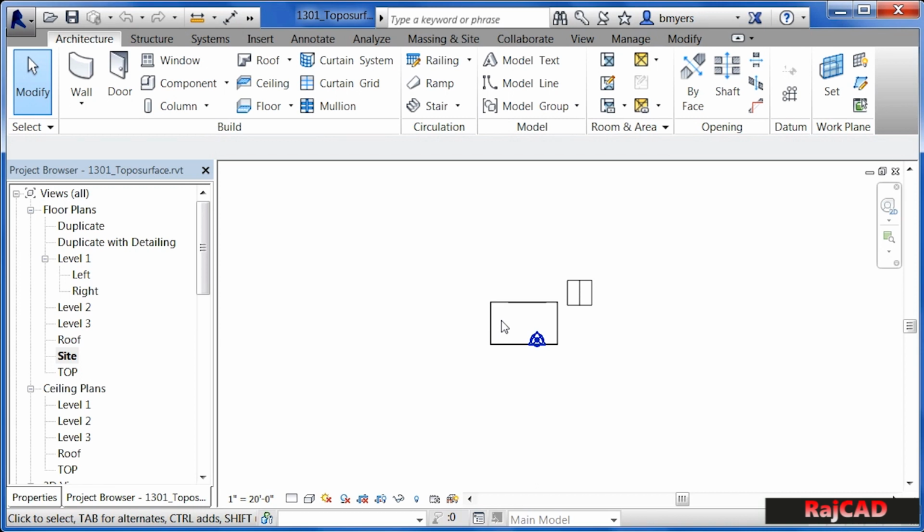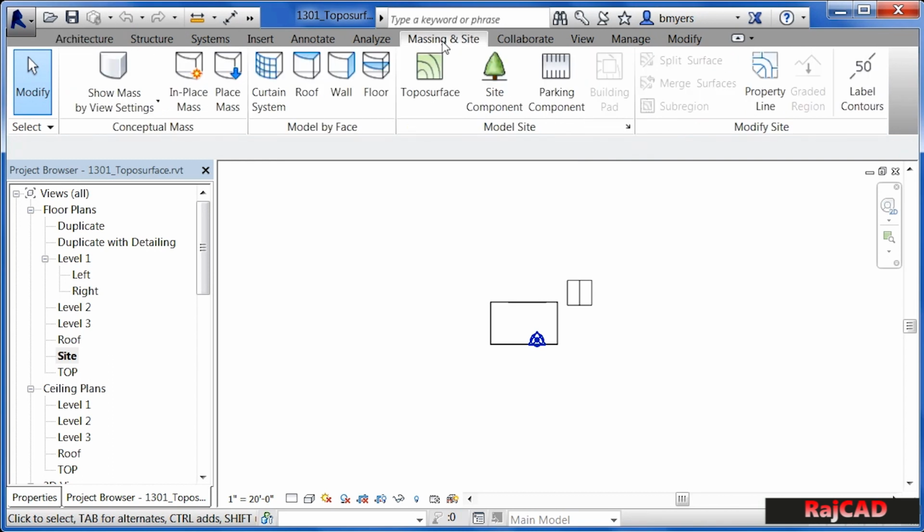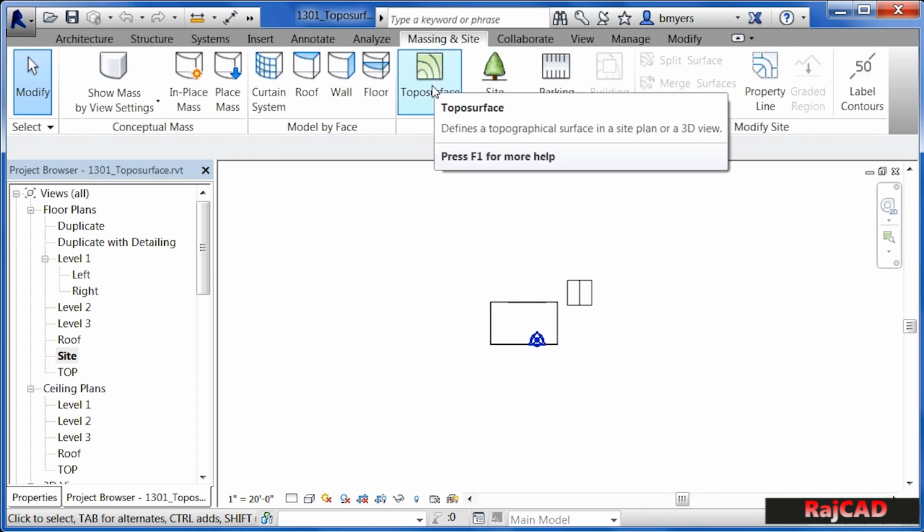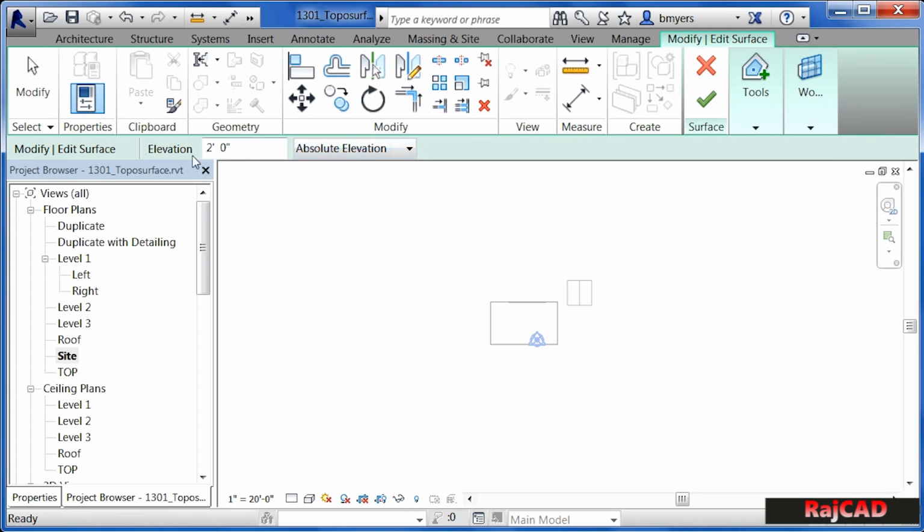to. Now we need to use the Site tools, or in particular the Topo surface tool, to draw in where our site is going to be located. To do this, come underneath the Massing and Site tab and pick on Topo Surface. Where it says Elevation, let's give this an elevation of 3 feet. And the first spot that we're going to pick is going to be in the upper left-hand side of the